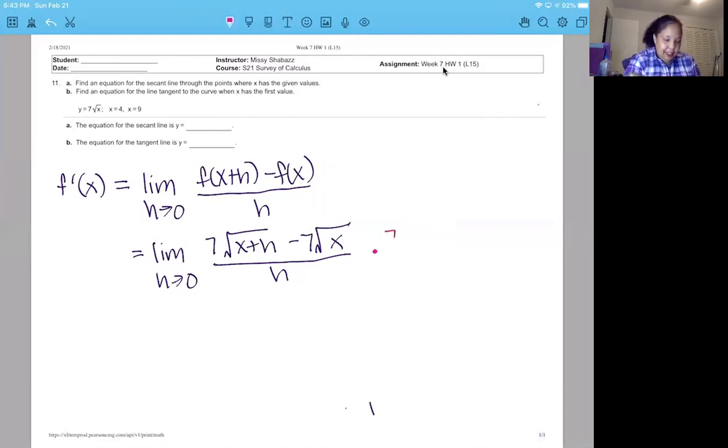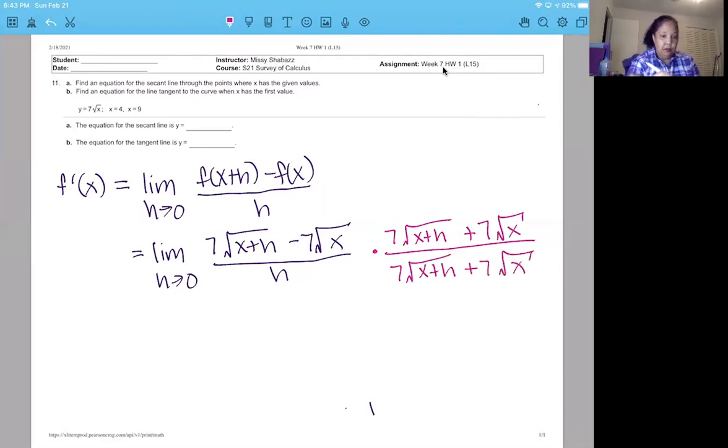All right, 7 square roots of x plus h, plus 7 square roots of x, on both the top and the bottom. In the top, we will distribute. In the bottom, we will not. Distribute, meaning FOIL. So if I multiply the first terms together, I'm going to get 7 times x plus h. The middle terms are going to drop out. That's the whole point of the conjugate. And then the last term is 7 times 7, so that's 49. So a 49 times x plus h